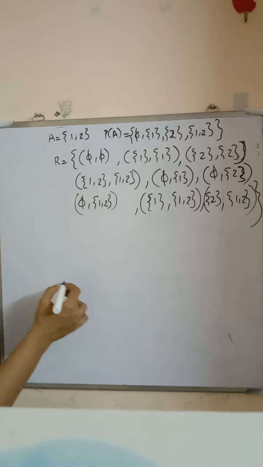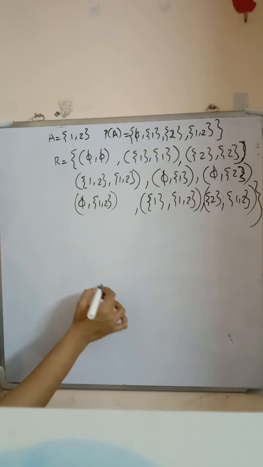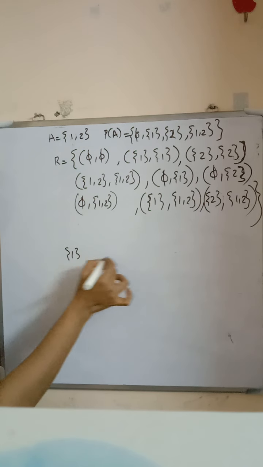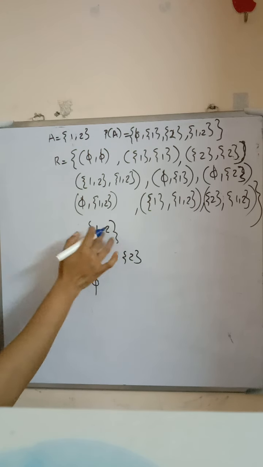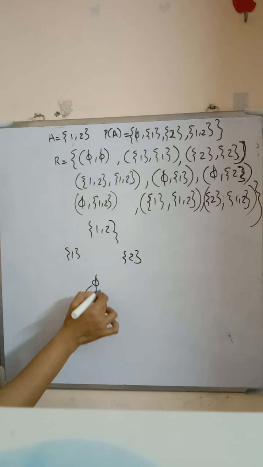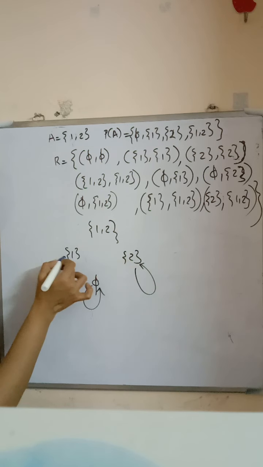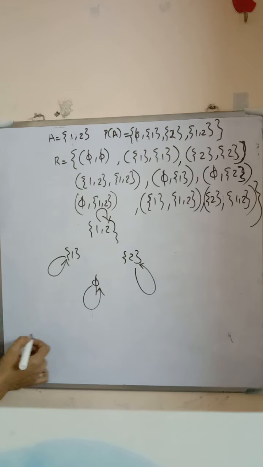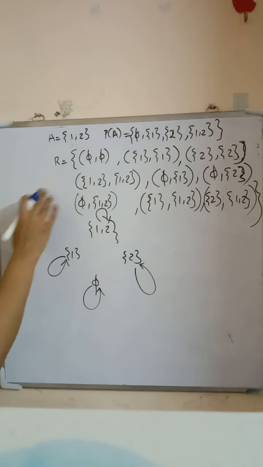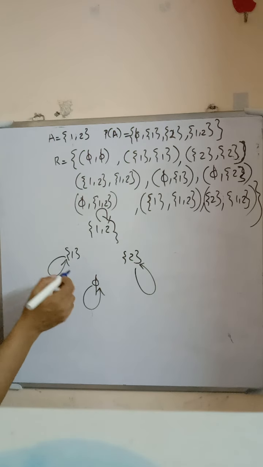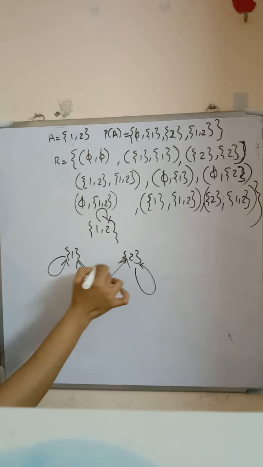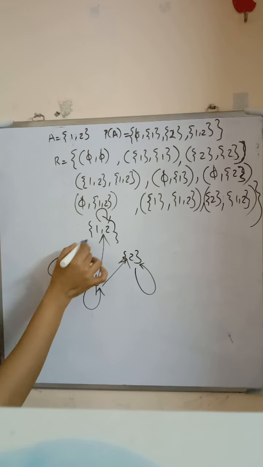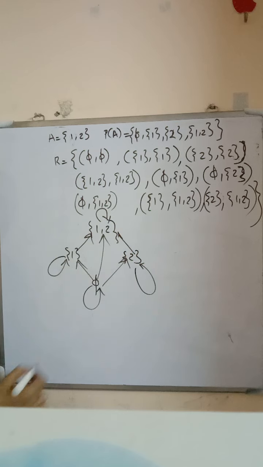First we draw a diagram representing this relation, with null set, {1}, {2} and {1, 2}, the elements in the power set, listed as vertices of the digraph. Phi related to phi, {2} related to itself, {1} related to itself, also {1, 2} related to itself, because the relation is reflexive. Also it is antisymmetric and transitive, so this relation is a partial order relation. So here phi related to {1}, phi related to {2} and phi related to {1, 2}, also {1} related to {1, 2} and {2} related to {1, 2}.